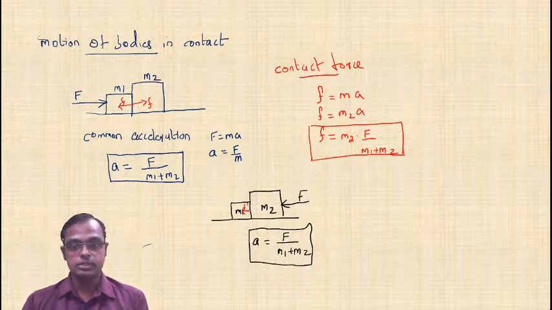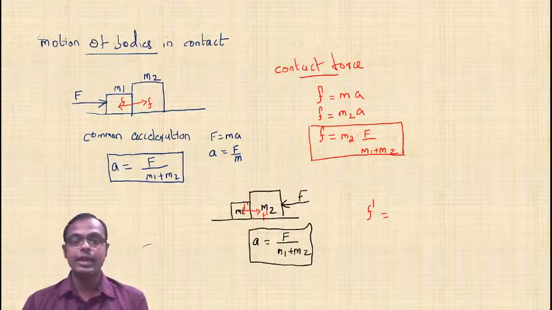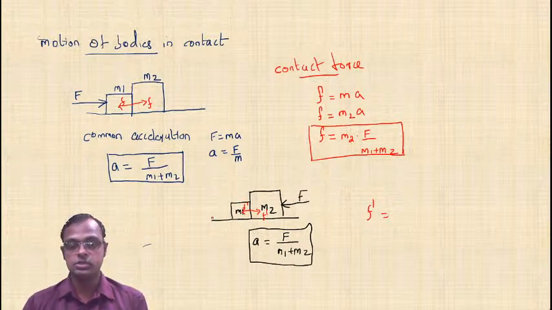Now according to Newton's third law, F dash will be acting on M2 also by M1. So in this case, what is F dash? This F dash makes which body accelerate? Can everyone type? This F dash makes one body accelerate towards the left, but the acceleration is constant. Which body is now accelerating due to F dash? If you have clearly got this one, please type the answer.